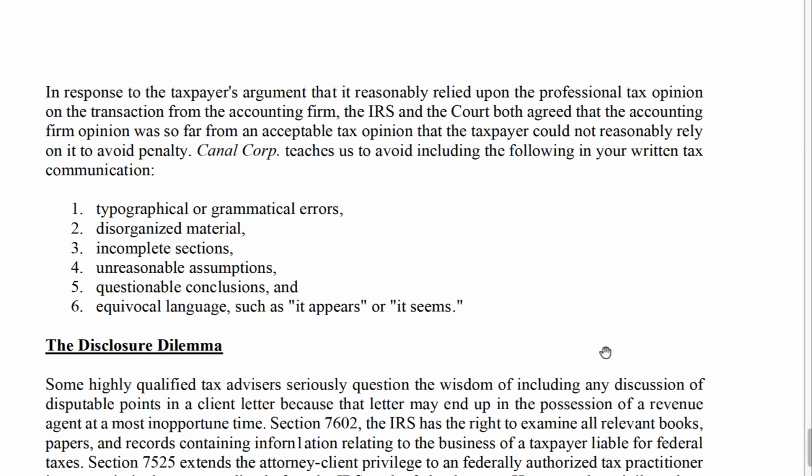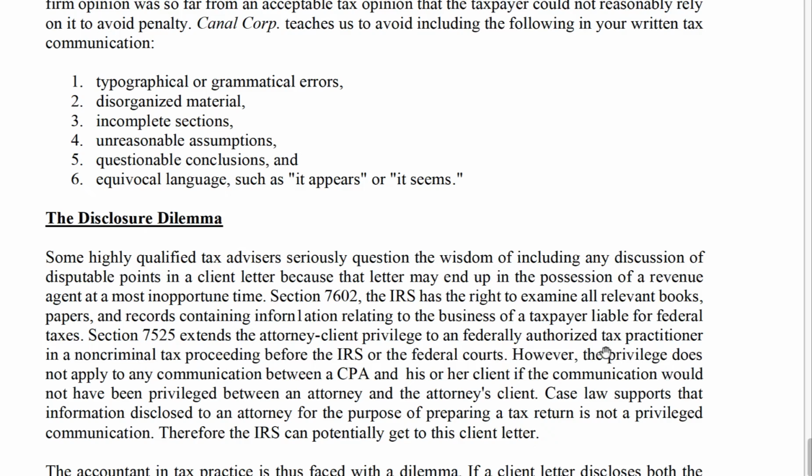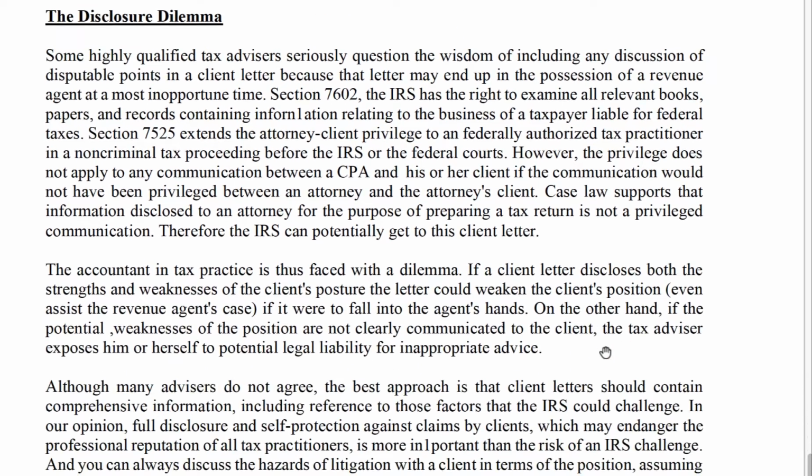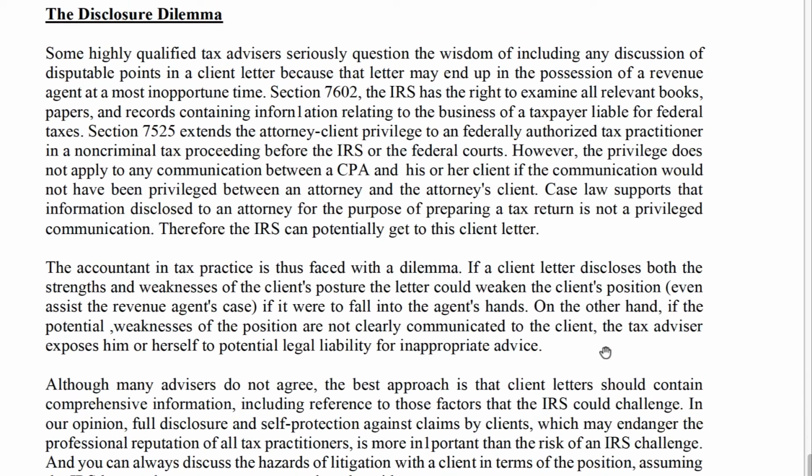I know I said that was the last thing. Actually, the last thing is the disclosure dilemma, okay? So I have one last interesting little item to bring up, and that is I've gone through and talked to you about disclosing information in the client letter, risk mitigation. One thing that I've yet to talk to you about is how much information exactly you want to provide the client. Okay. One thing I did say is that at times it should be shorter